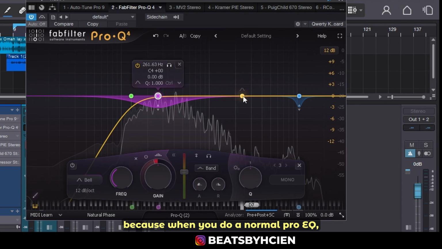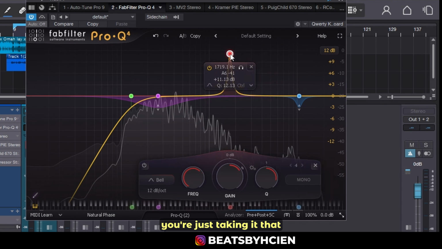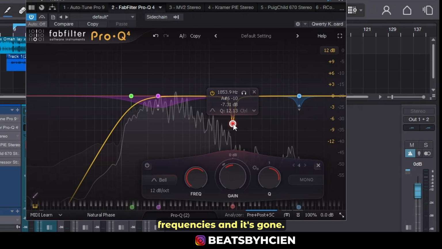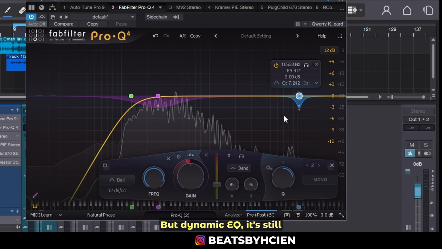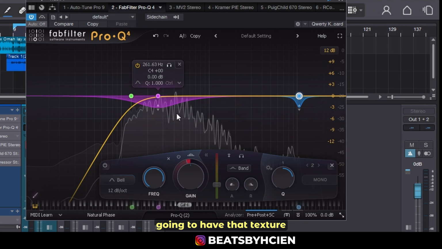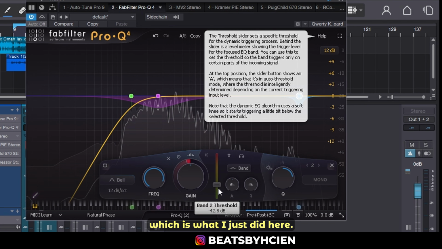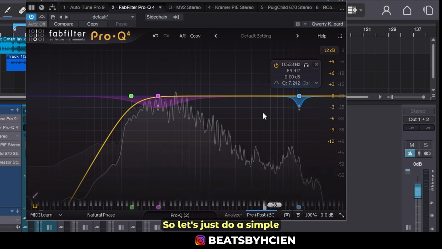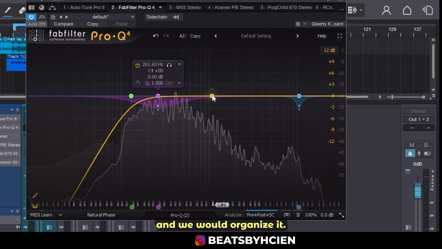Because when you do a normal Pro EQ, you're just taking out those frequencies and it's gone. The dynamic EQ, it's still going to have that texture, but only engaging when it passes that threshold, which is what I just did here. So let's just do a simple dynamic EQ on these vocals and it would organize it. So this level,